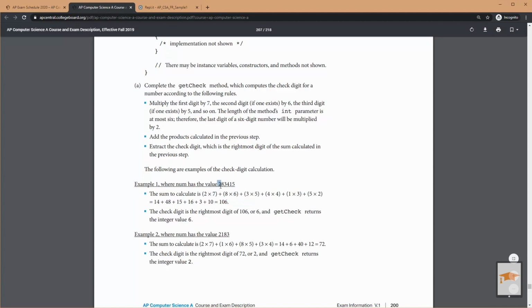All right, so each digit by the multiplier. So I need to start with the first digit, then the second, then the third, then the fourth, and I have to go until I've run out of numbers. So how am I going to know how long the number is? How do I know how long the number is? Well, I know I'm going to have to start with the first one, but I don't know how long the